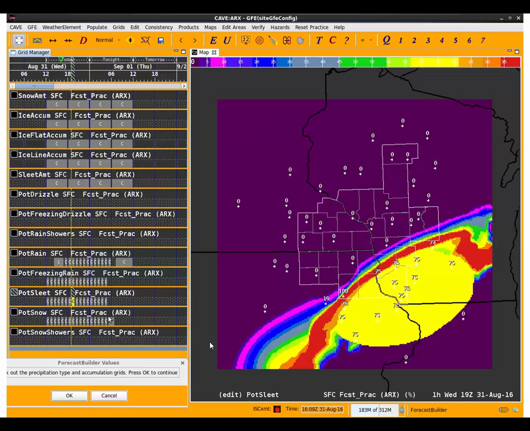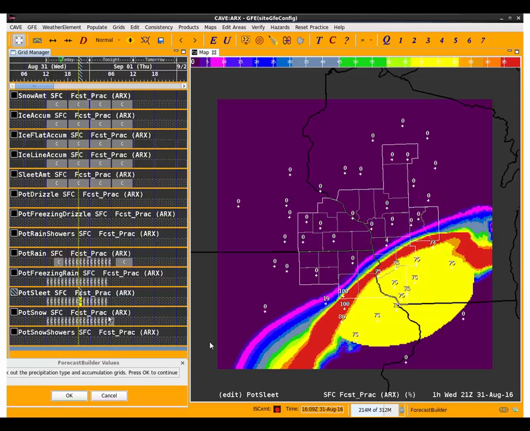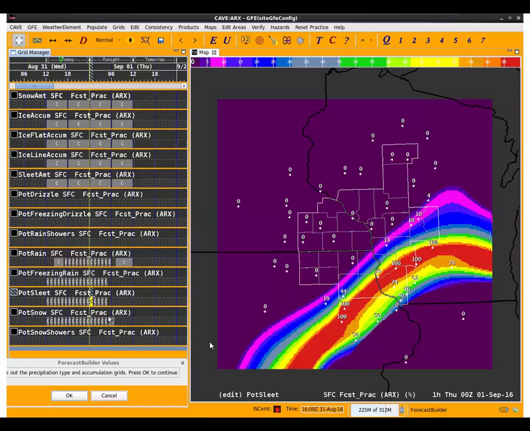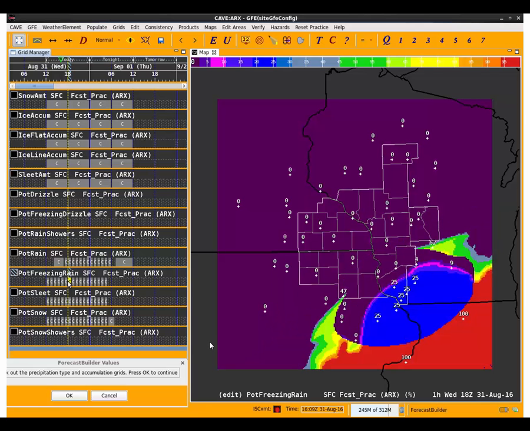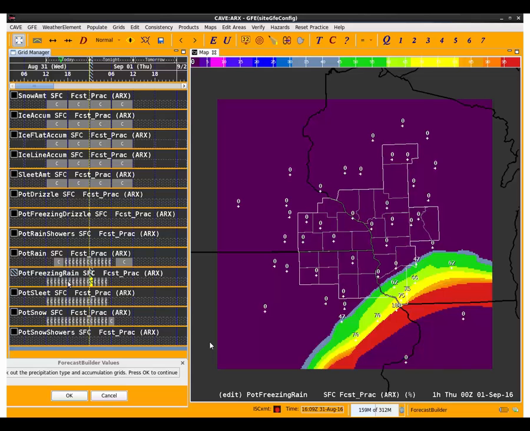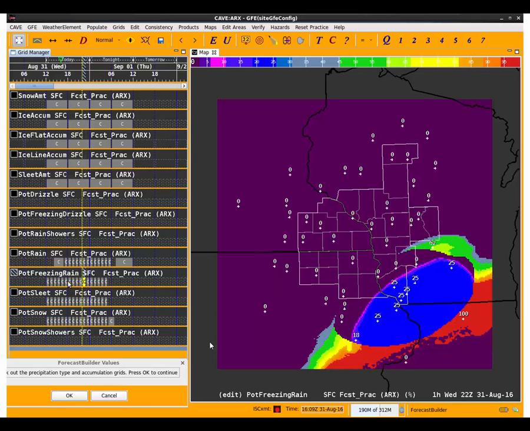So now you see what the change is in the probability of sleet grid. Now we have that 75% chance of sleet directly placed into the pot sleet grid. Again, now we'll look at the freezing rain as just, we take 100 minus that probability of refreeze, so you see the 25s down there. And that would be for temperatures warmer than